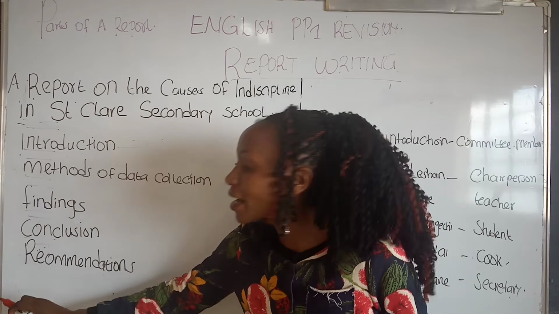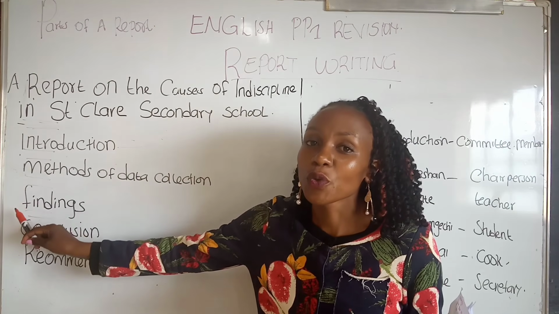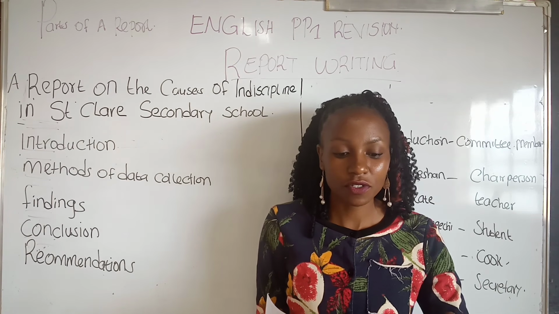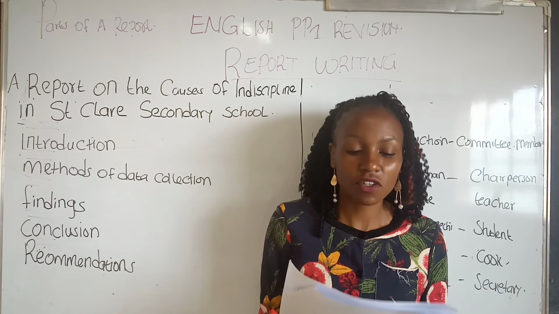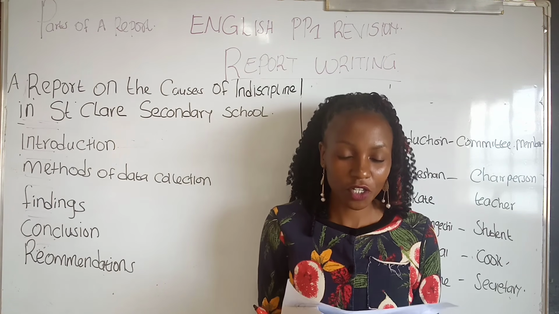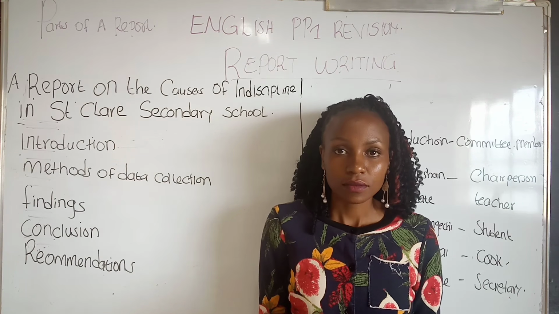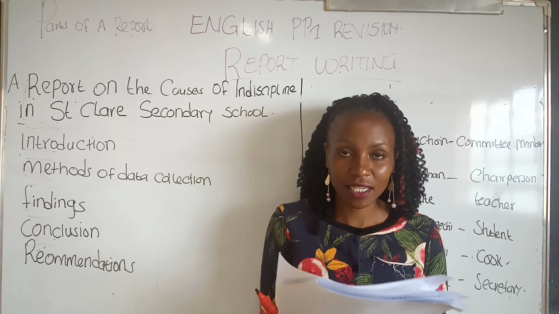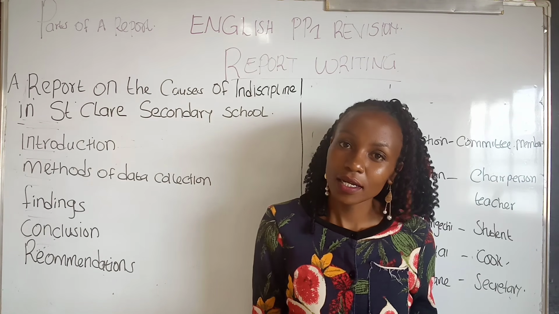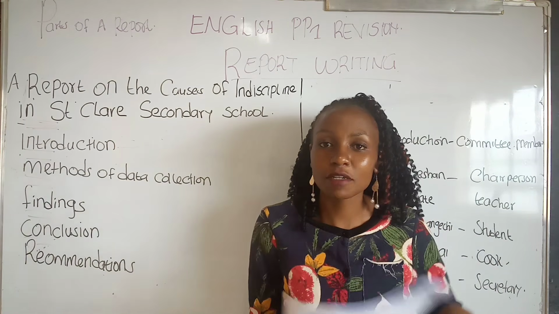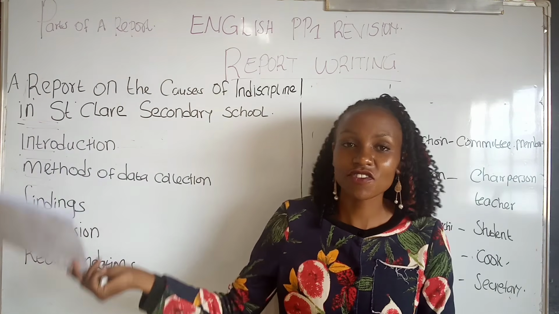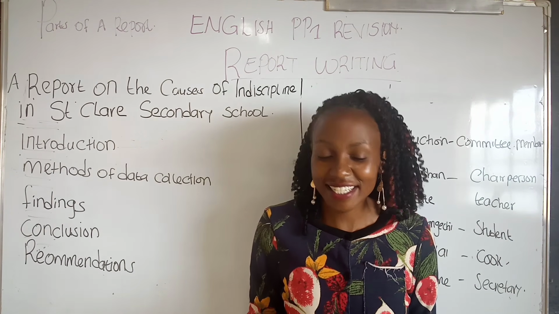So you can number your recommendations just as you're supposed to number your findings. The first recommendation, we are going to solve our first finding, that is of inadequate food. So the committee came up with the following recommendations. 1, the food ration to be increased so that all the students get enough food, and that will solve that indiscipline case of stealing the food and sending strangers to buy them snacks.